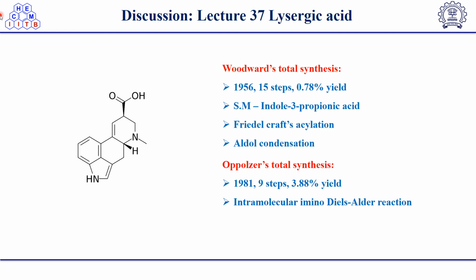So this lysergic acid belongs to the ergot alkaloids, which were the first drugs used for the treatment of migraine. And the tetracyclic core of the structure, with the indole as its core, is believed to be responsible for the biological activity. We have heard about LSD, which is a derivative of lysergic acid, which is the most